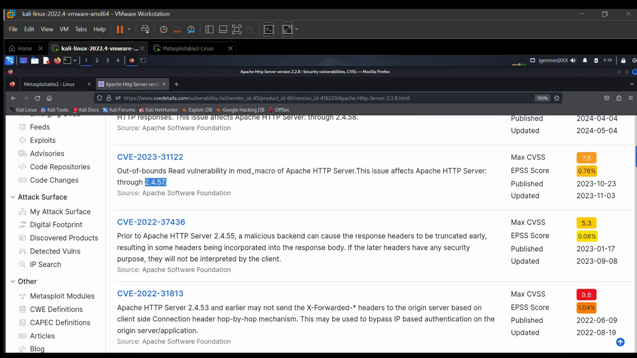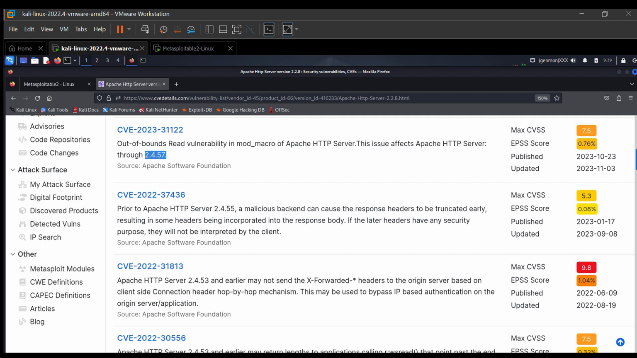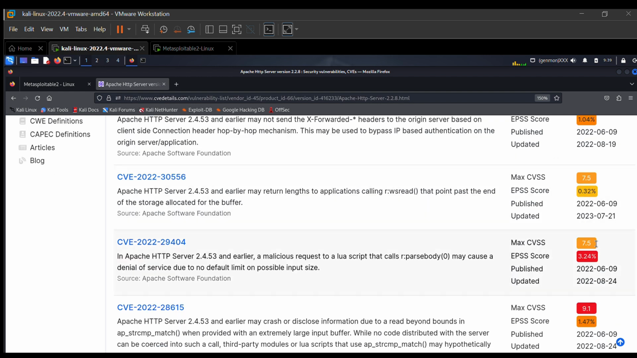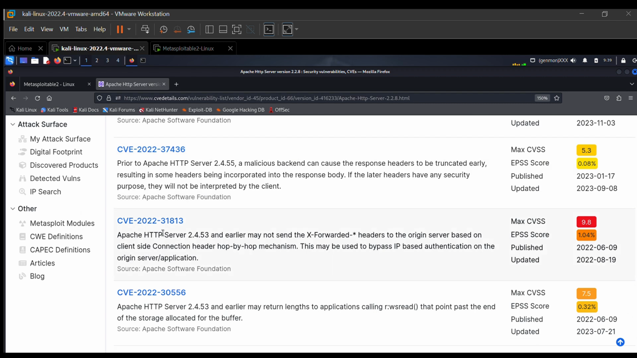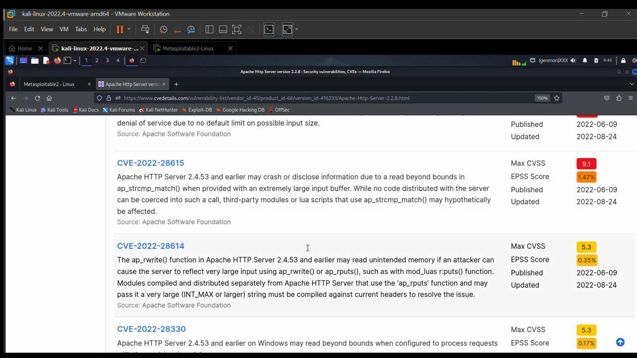Alright, let's see the one that has a high severity rating. Let's see, this has a severity rating of 9.8. Oh, I moved too fast. Alright, 9.8. So, Apache HTTP server 2.4.53 and earlier may not send the X-Forwarded headers to the origin server based on client-side connection header hop-by-hop mechanism. This may be used to bypass IP-based authentication on the origin server application. And you can see the severity here is 9.8. So let's scroll down again to another high